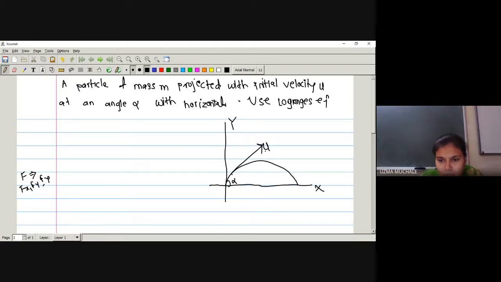Now what is the component of this velocity u along the x and y direction? ux and uy, no doubt, but we have to find the exact value. For that, we must know what x and y are. If you know x and y, then you can find the exact value, because x dot will give you the velocity along x direction, and y dot will give you the velocity along y direction, right? Because x is simply an axis, no?